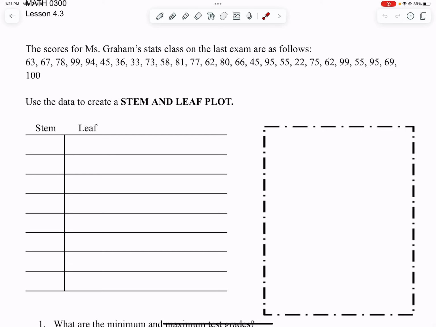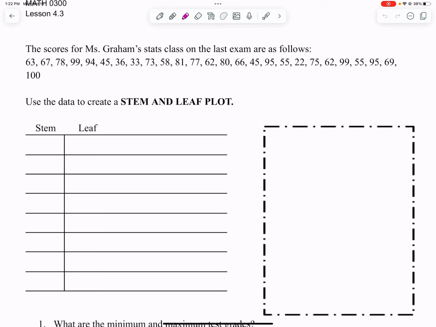Okay, let's take a look at some stem plots. Now this is the one that may be a little bit different. I like them because they give you a very good representation of your data, and it's easy to tell a lot of things from them. So when you have a stem plot,